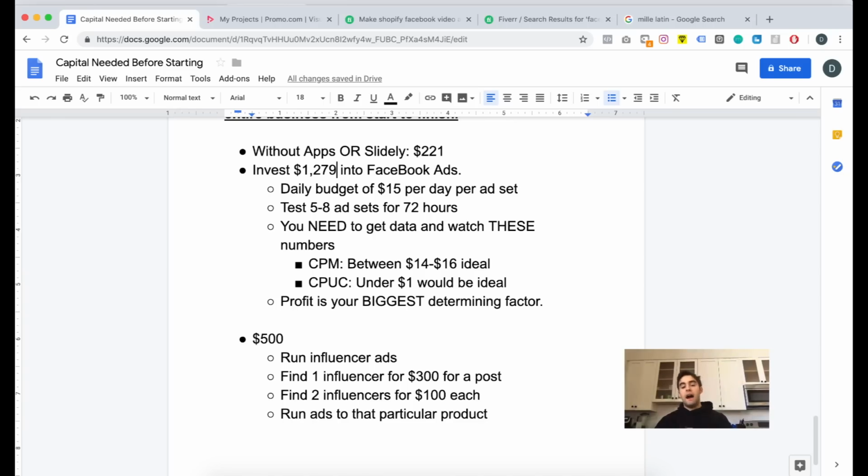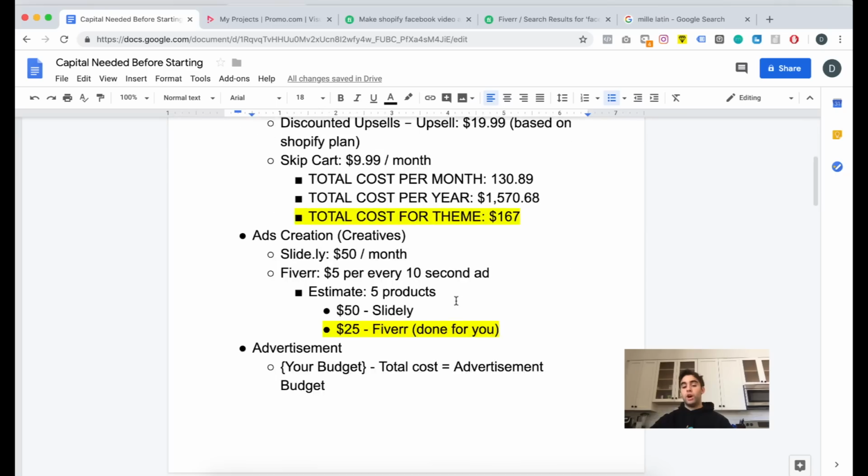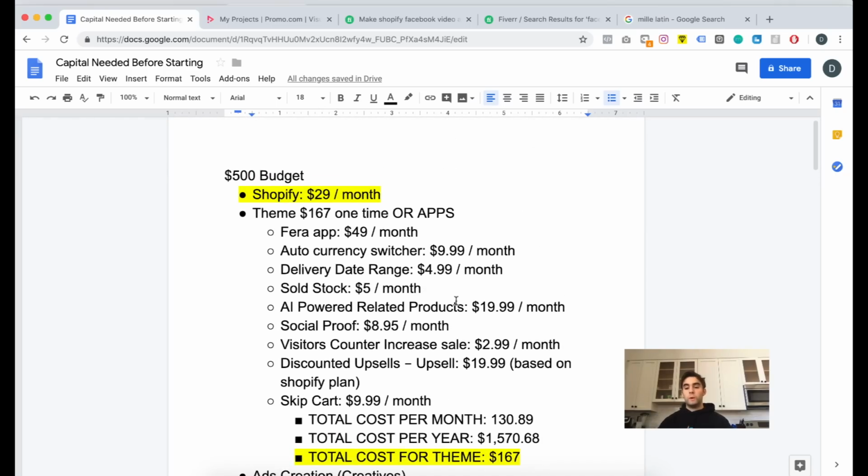Personally, I think what your best bet would be is to do 1 for $300, 2 for $100 if you have $500. So I would suggest kind of browsing around, shopping around for influencers, if you will, and then run ads to that particular product. So this was a great example of app costs, and what is more beneficial and cost efficient